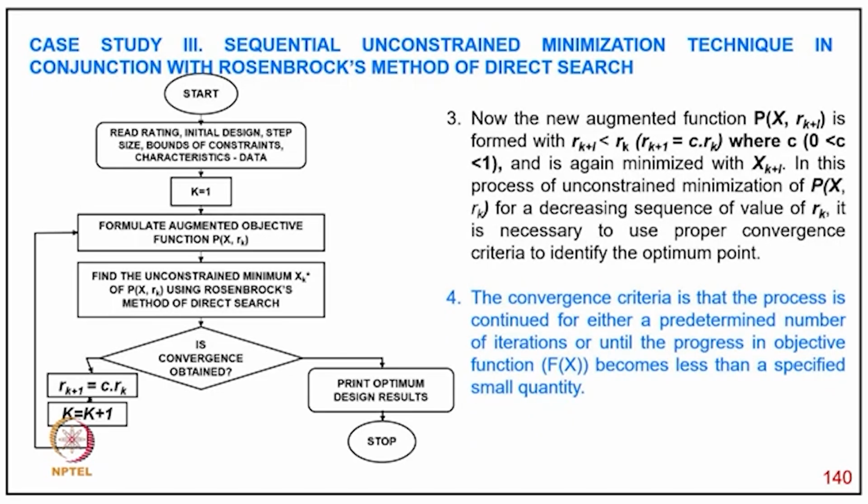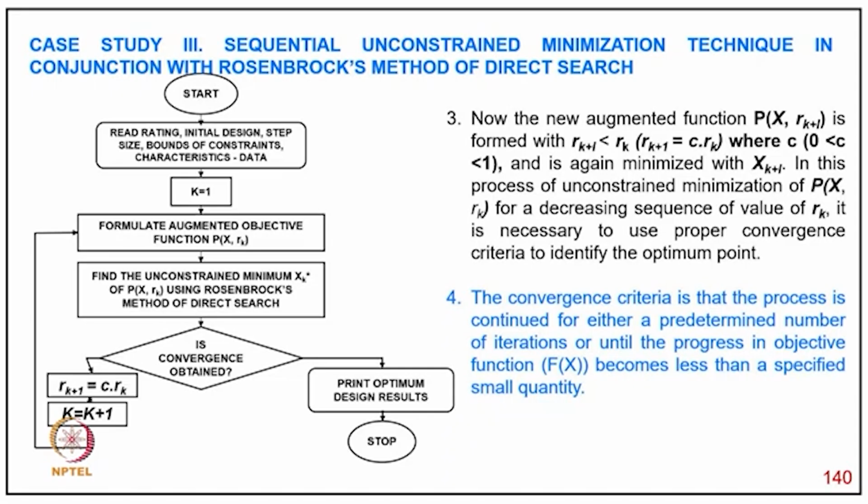So now the augmented objective function is formed with a modified penalty factor R(k+1) equal to C times Rk, where C is between 0 and 1, and again minimized with k plus 1. In this process, the unconstrained minimization is done before decreasing the value of Rk, and it is necessary to propose a convergence criteria to identify the optimum problem. So convergence criteria